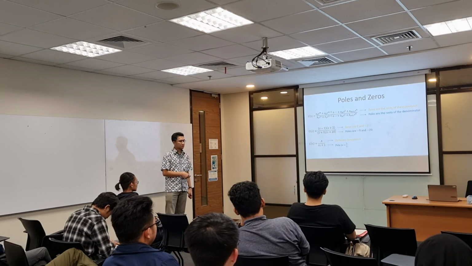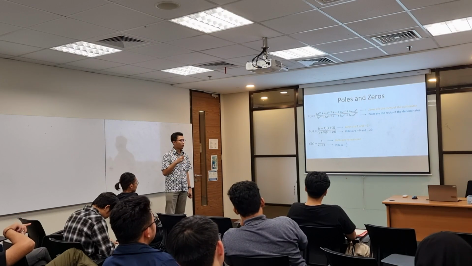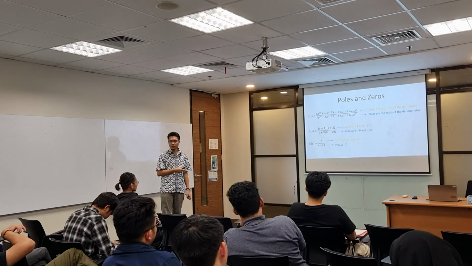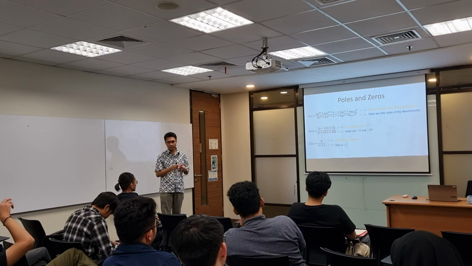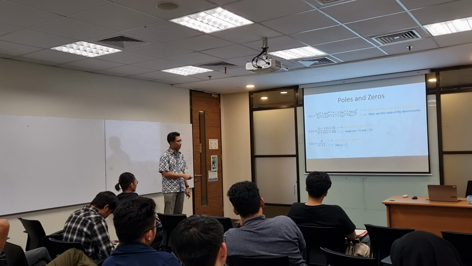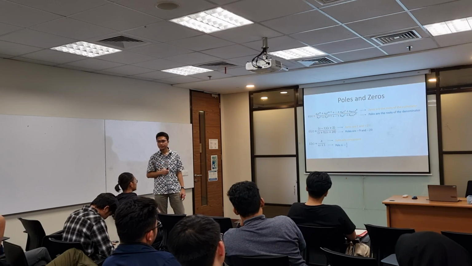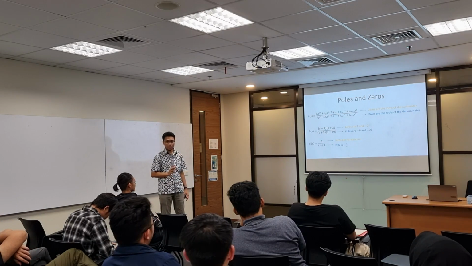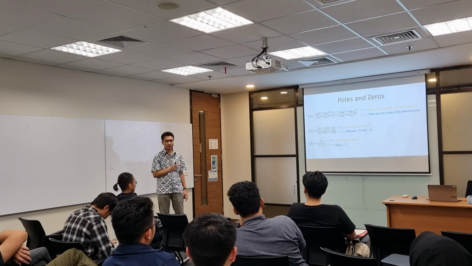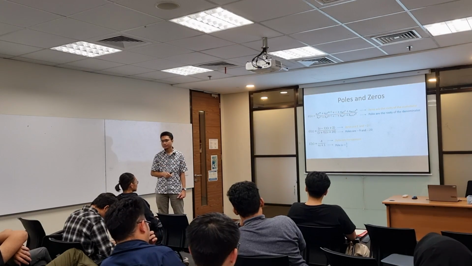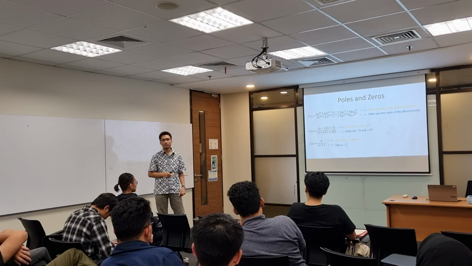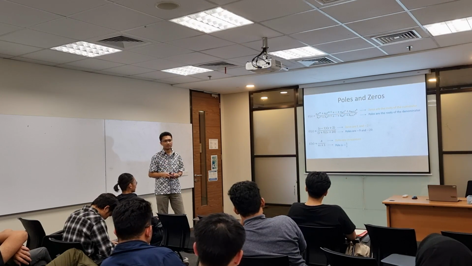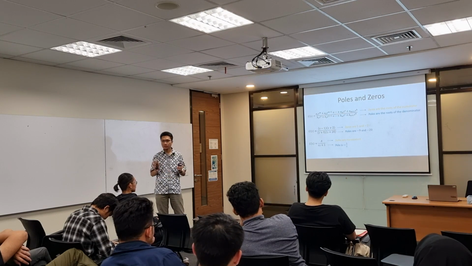What about this? What is the pole of this transfer function? It's mentioned already here, right? The pole is -1 over tau. So for the first order system, the tau and the pole are directly related, because you see the time constant is over there. What about the 0 here? There is no 0. There is no S term on the top, so there is no 0. It is not that the 0 is 0, no, but there is no 0. Okay. Any questions so far?